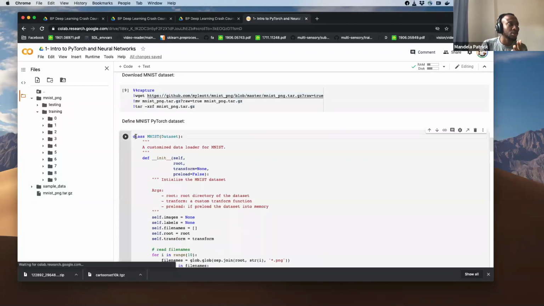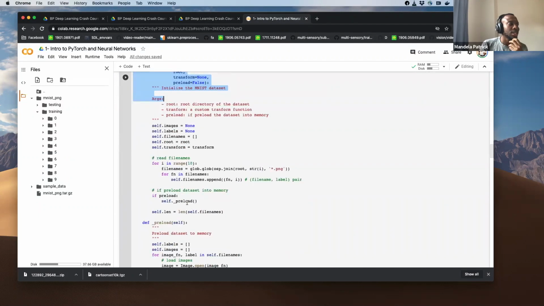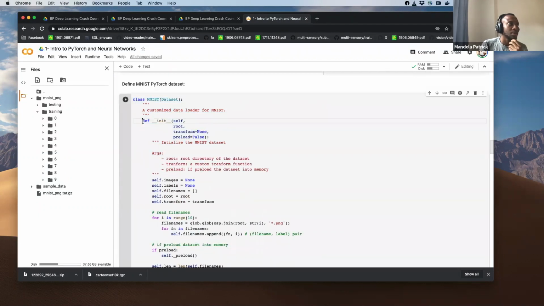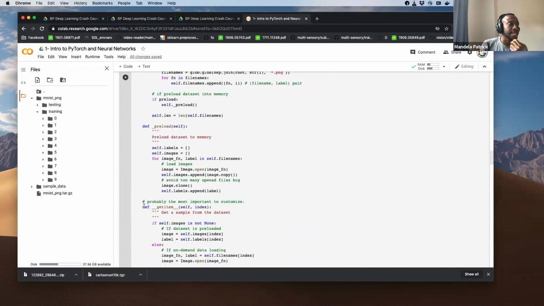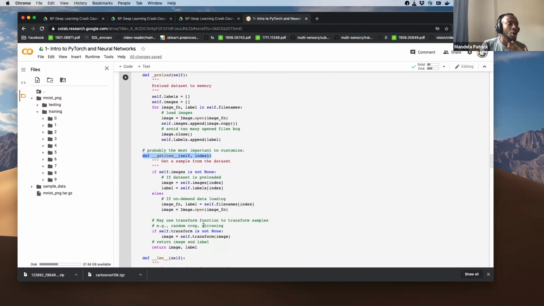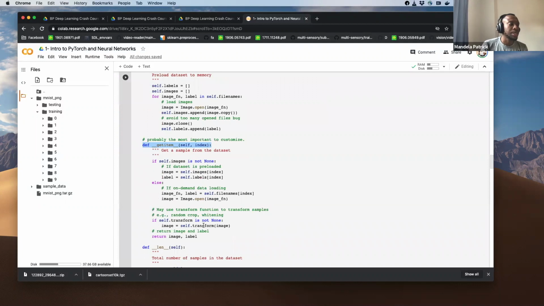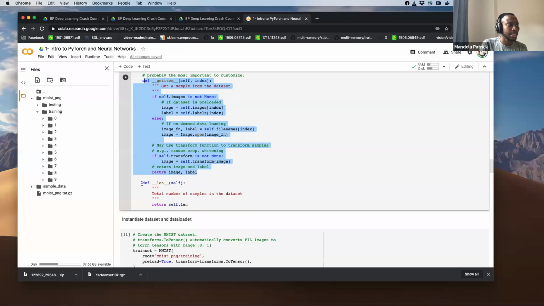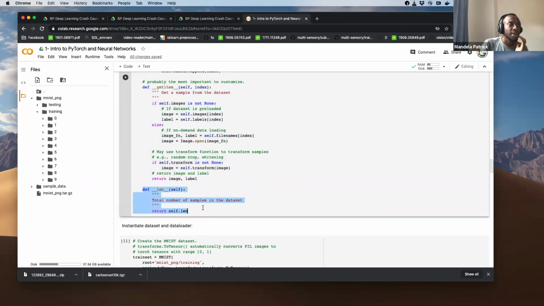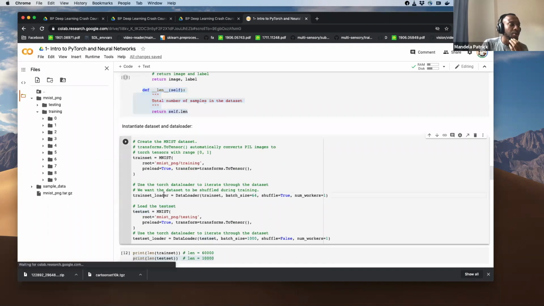So here we define a PyTorch dataset class. Essentially the main functions you have to look at are init, which does some initial preprocessing, as well as the get item function, which defines how you want your data to be outputted. In most cases, you want an image and the label associated with the image, which is what get item does. And then this is the length of a data set, which is basically the number of examples in the data set.